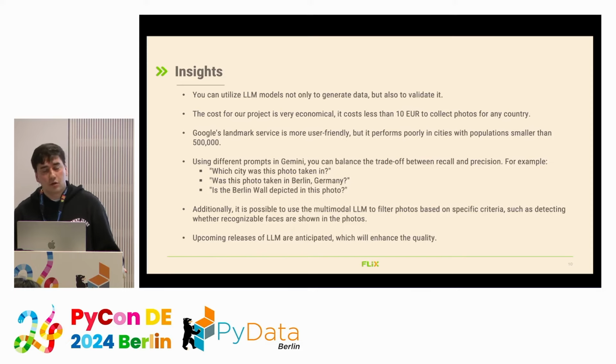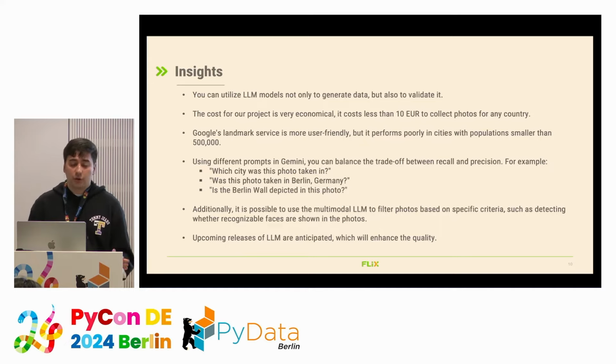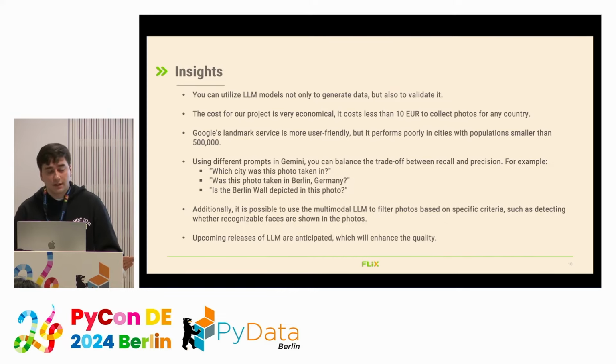Also, one thing to notice is the difference between prompts. You can ask Gemini in a lot of different ways about a photo. Let's imagine that we want to verify a photo from Berlin. You can ask as a prompt: which city was this photo taken in? Was this photo taken in Berlin, Germany? Or even point out the landmark: is the Berlin Wall depicted in this photo? What's the difference? Actually, the difference in results is very significant,